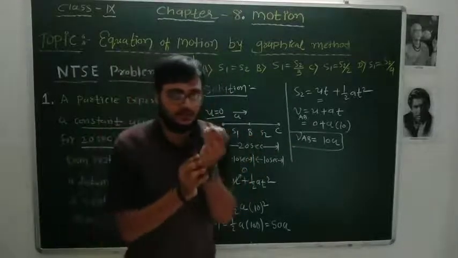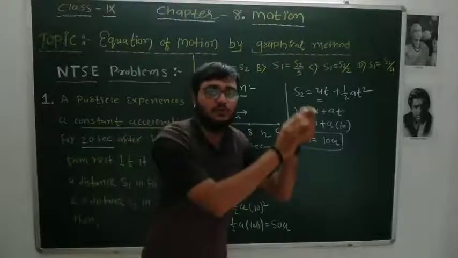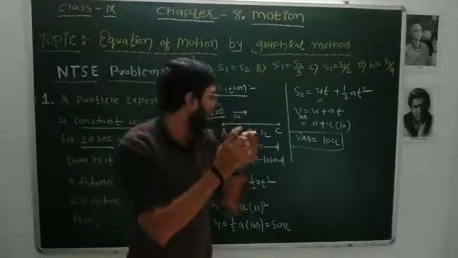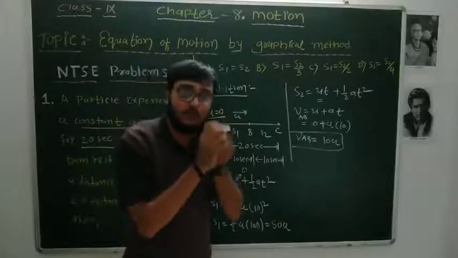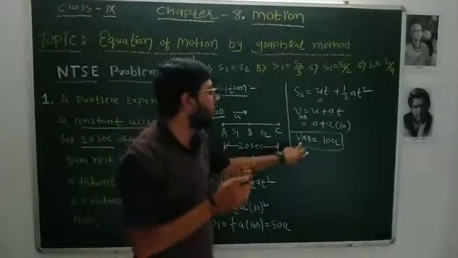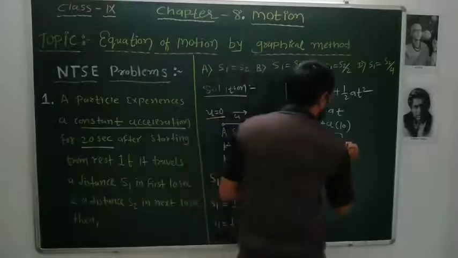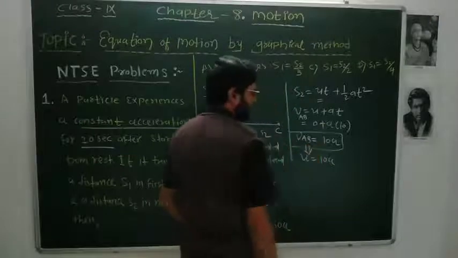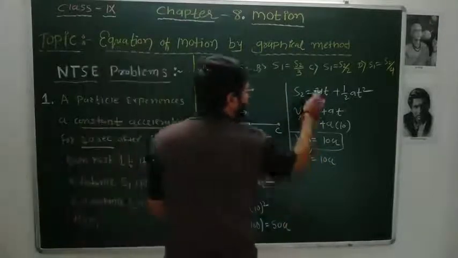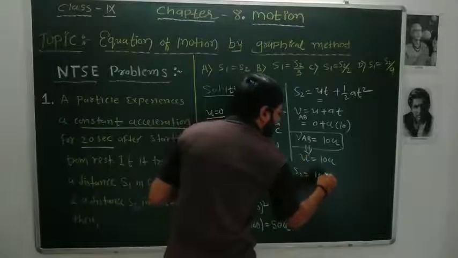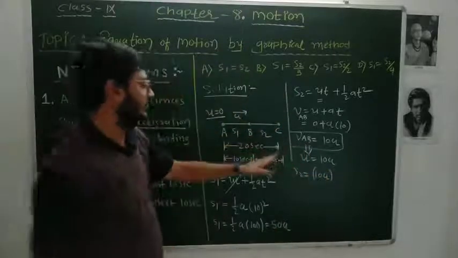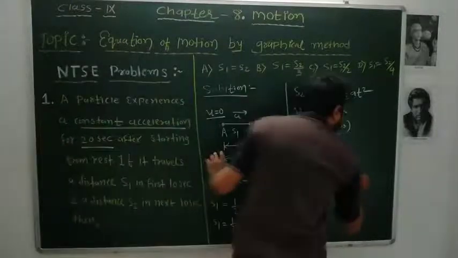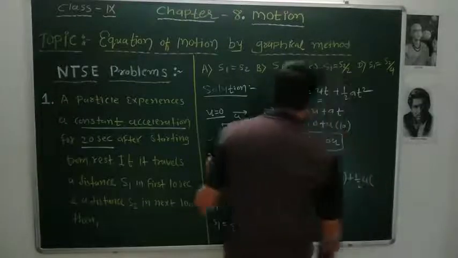This final velocity is the initial velocity when the particle is at point B. This object will move from A to B, then B to C. When it reaches B from A, its final velocity is 10a. Then it starts from B, so the initial velocity is also v_AB, equal to 10a. So here we can write u is equal to 10a also; these both are the same. So we can write s2 is equal to 10a times t, for the next 10 seconds, so we put t is equal to 10, then plus half a times t, which is 10 seconds, square.